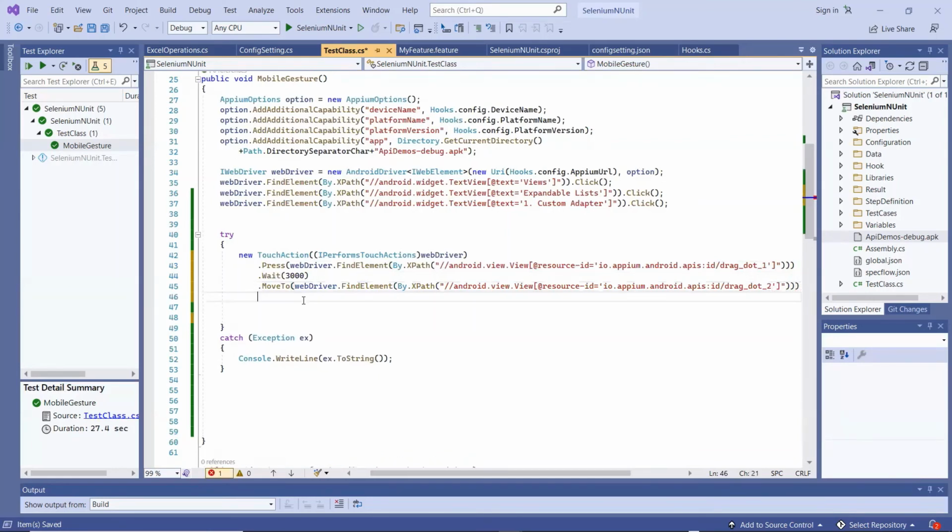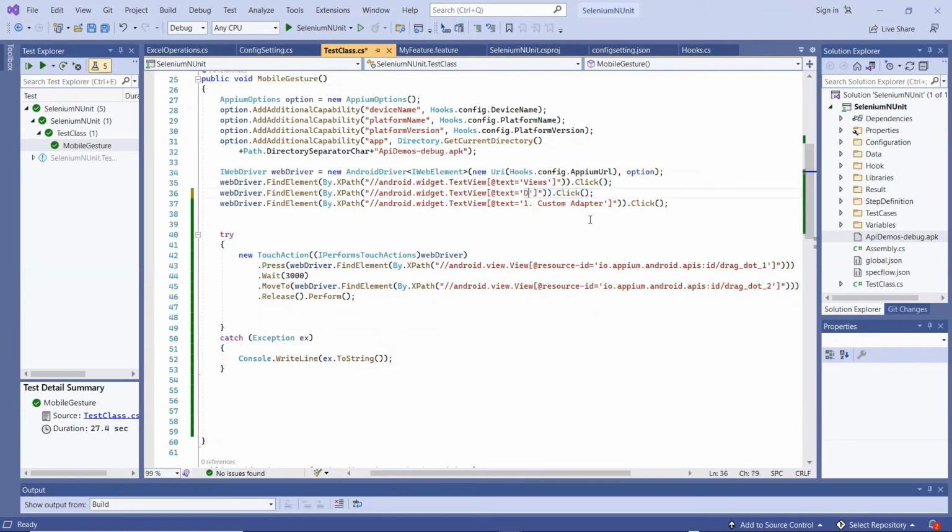After that, I'll call the release method to release the touch. And then we'll call the perform method to perform all the operations in sequence. So these operations will be performed in sequence as provided, which is going to mimic the drag and drop operation on the device.